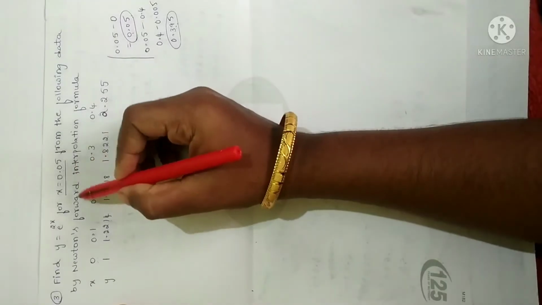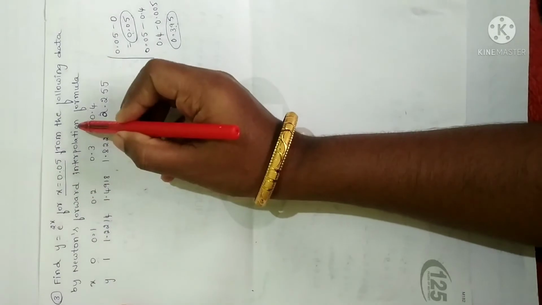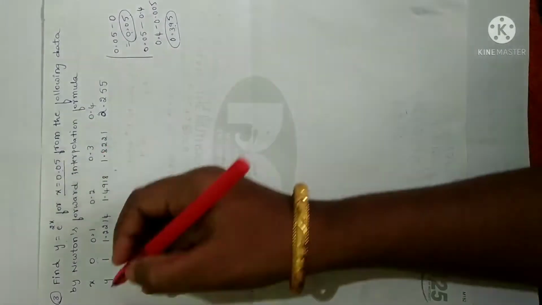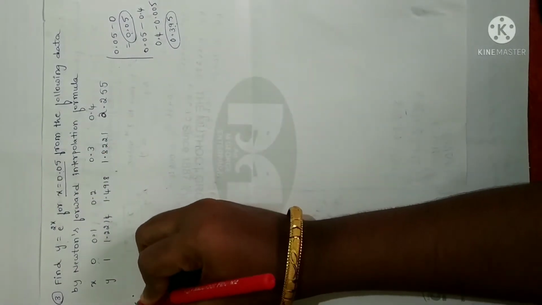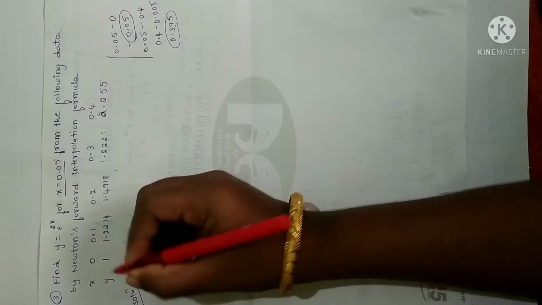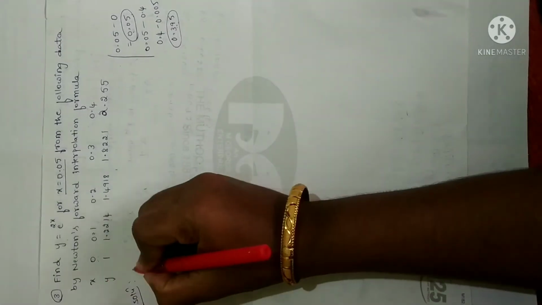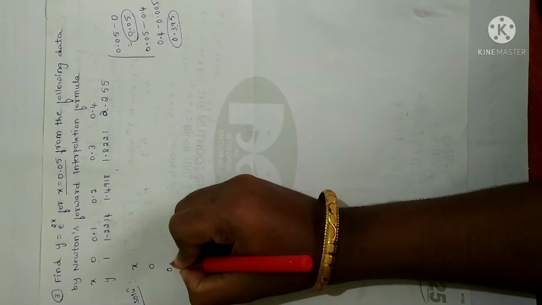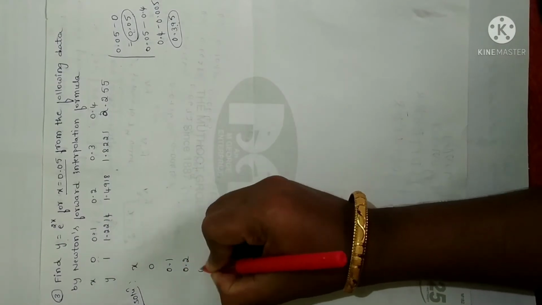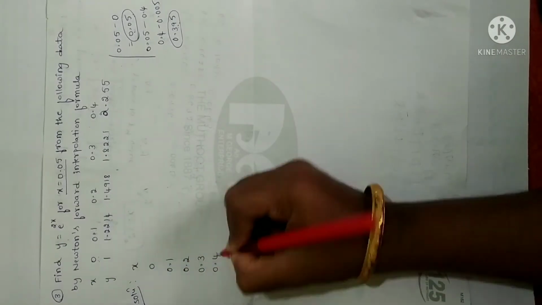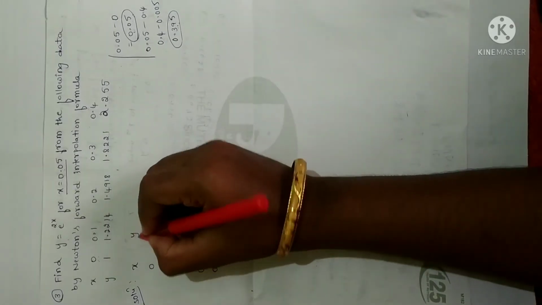So as I already told you, to find out the Newton's forward interpolation formula, we have to first construct the difference table. So let me construct the difference table first. As I already explained, first make a list of x and y values. x is 0, 0.1, 0.2, 0.3, 0.4. Next make a list of y values. 1,